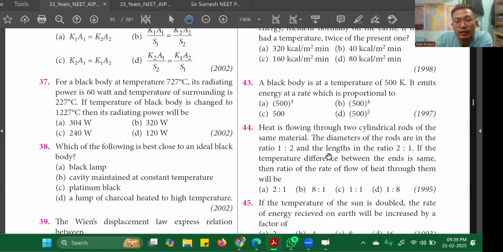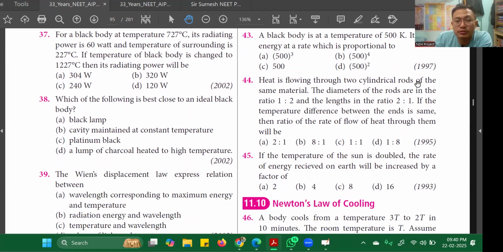Option number B. Heat is flowing through two cylindrical rods of the same material. The diameters of the rods are in the ratio this, and the lengths are this. If the temperature difference between two ends is the same, the ratio of the rate of flow of heat through them will be